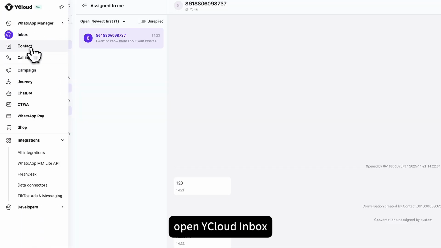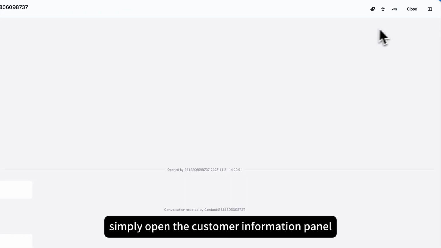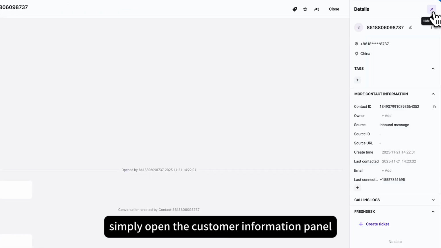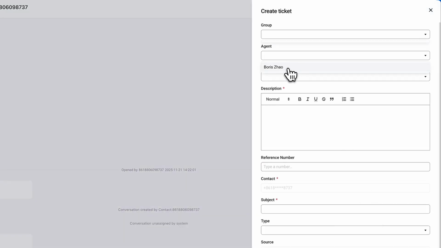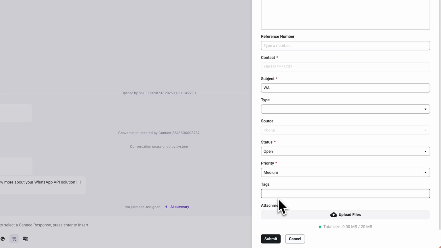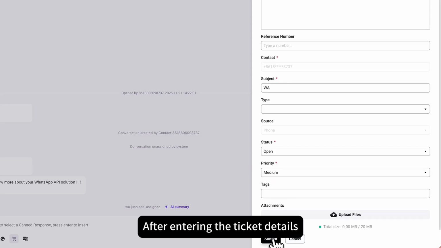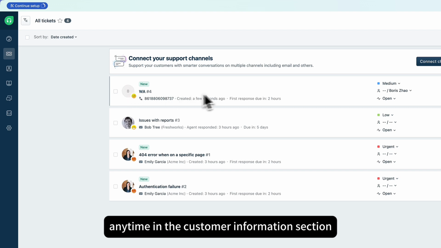Open YCloud Inbox. And when you encounter an issue that needs follow-up, simply open the Customer Information panel and create a Freshdesk ticket directly there. After entering the ticket details, submit it and you'll be able to view its status anytime in the Customer Information